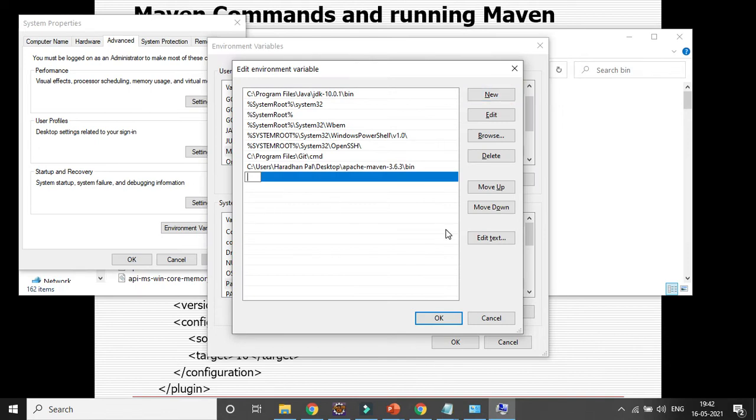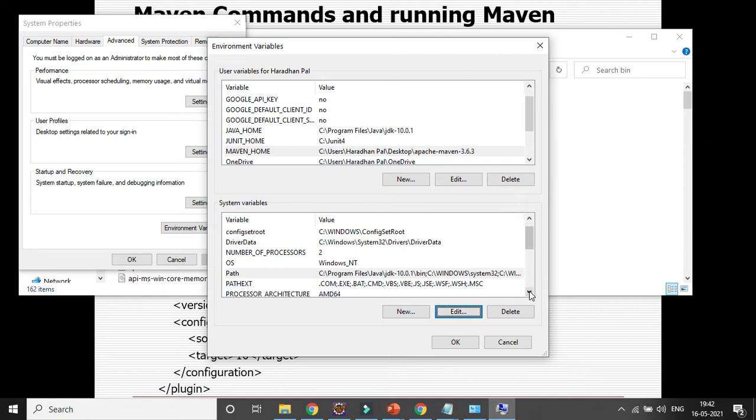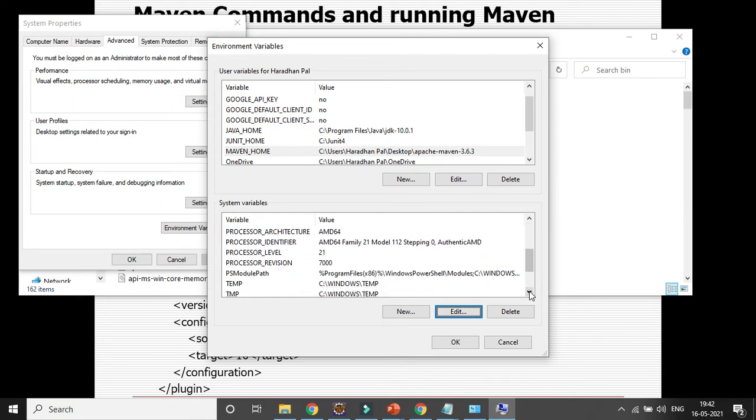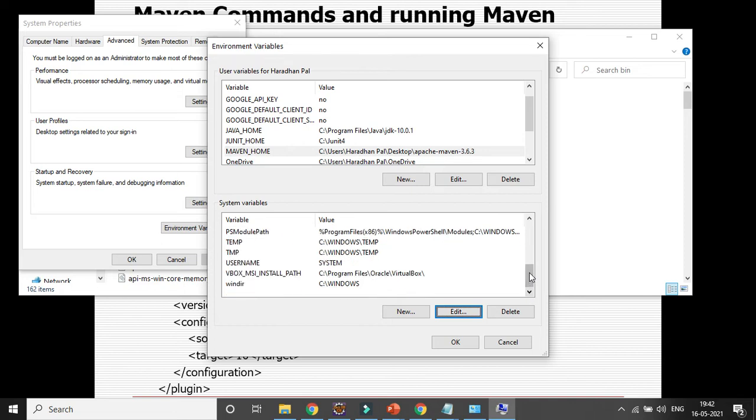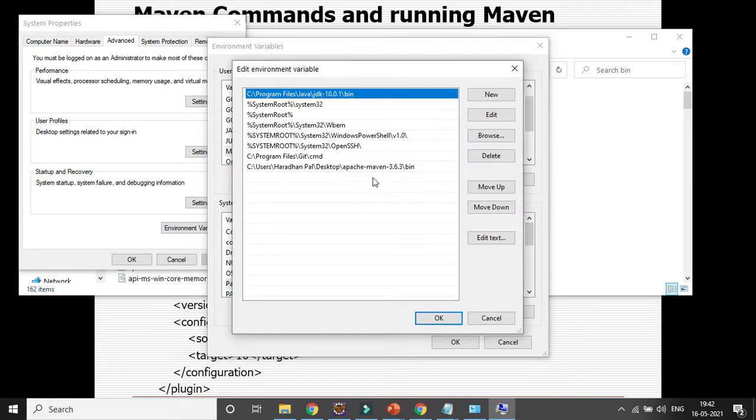Similarly, for Maven you need to give it too.